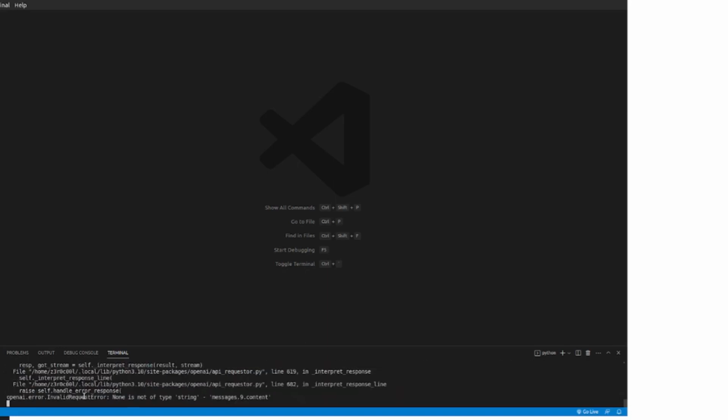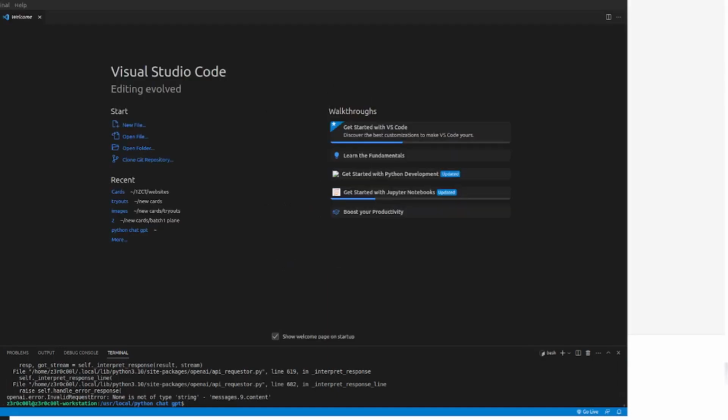As you can see right now, it's working fine and it's asking questions based on the user's input. So what I'm going to do now is provide you the code and the prompt. This bot can help you